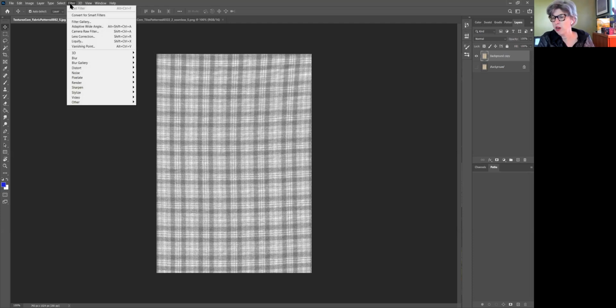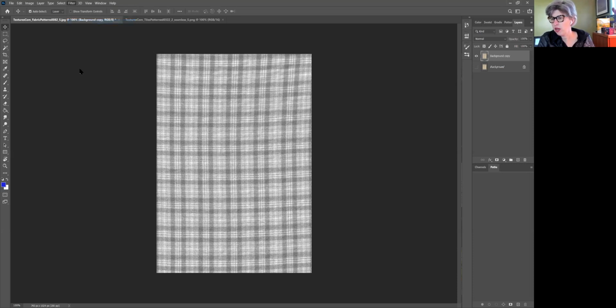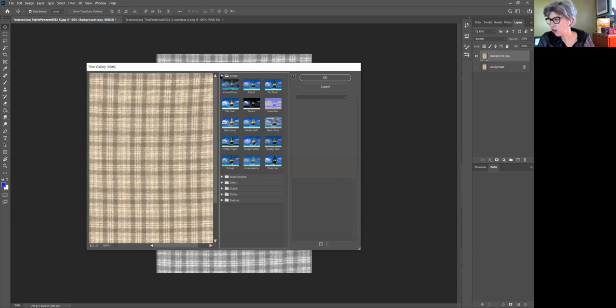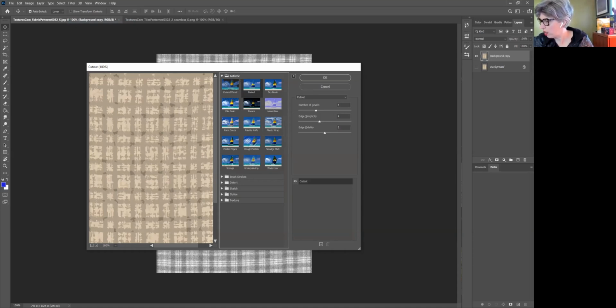So I'm going to click on filter gallery, or filter in Photoshop, then click filter gallery. The technique that I like to use is artistic and cutout. So this already gives us a very painterly approach. You don't have to use this, and you can play with all the other kinds of ones, but I like this one a lot. The levels, if you have fewer levels, it creates fewer colors. This one's nice because it's got quite a bit of that woolen texture that we're going for with